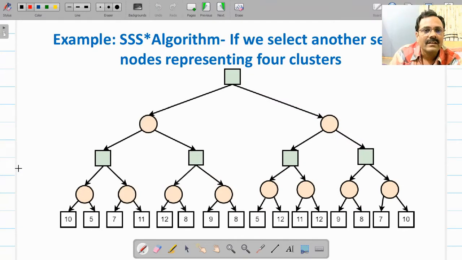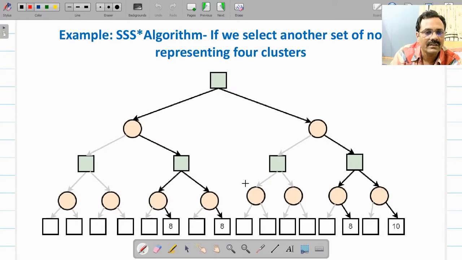Now rather than this, we have selected these 4 representative nodes in our earlier case, 10, 7 and 5 and 11. So instead of this you can select other 4 nodes also. Let us check it out. Algorithm should give the same result.